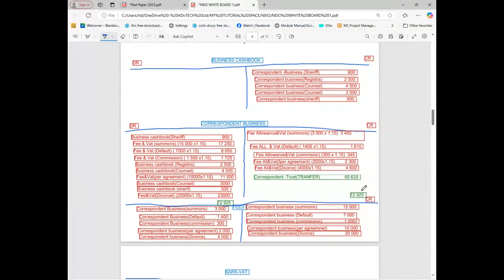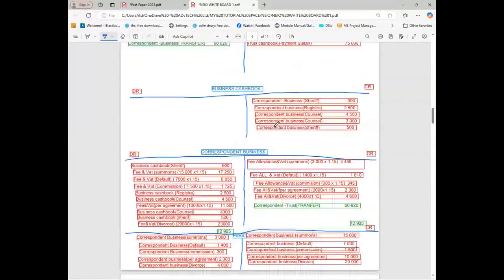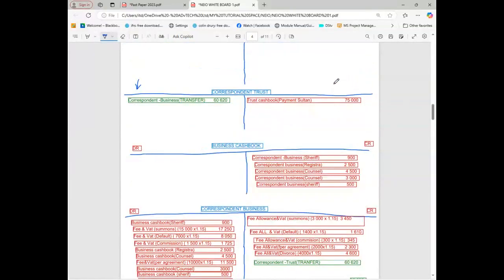Are you okay so far? Yes. So this amount is the one that belongs to us. So we must go and take it from what? From the trust, because the money is sitting in the trust. This money, remember, was collected from the other guy. Remember 75,000? The money that belongs to us must be deducted from that 75,000 before we can go and pay the instructing attorney. That's how we came here and reduced the amount that you see here. So we're showing that the trust money must go down because of our fees.